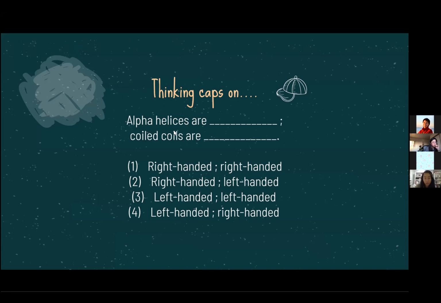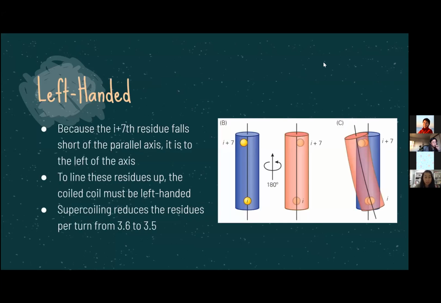That's great. Alpha helices themselves are right-handed, and this is just intrinsic to their nature. All naturally made amino acids are right-handed, as are secondary structures, but coiled coils themselves are left-handed, and we'll see why on the next slide. They are left-handed because of the number of residues per turn. We know that there are 3.6 residues per turn, and if we go up